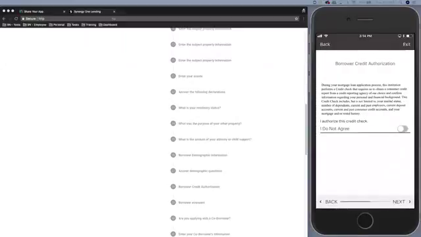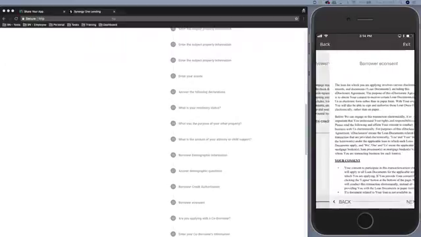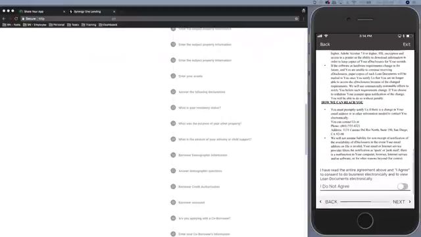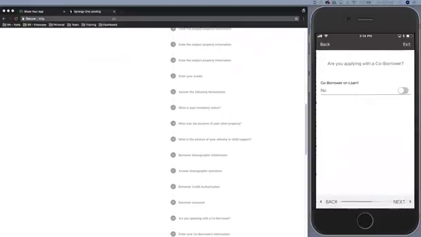So yeah, here's going to be a big jump here. We'll say yes to the credit authorization. We'll say yes to the e-consent. And then there's a question about whether or not we have a co-borrower. So you can see down here at the bottom how much